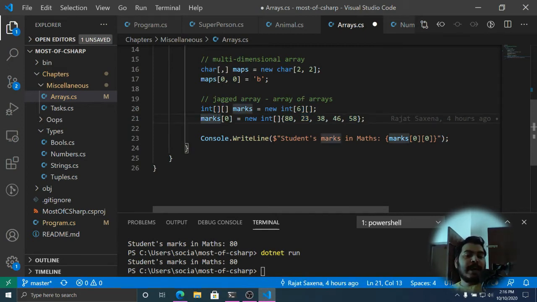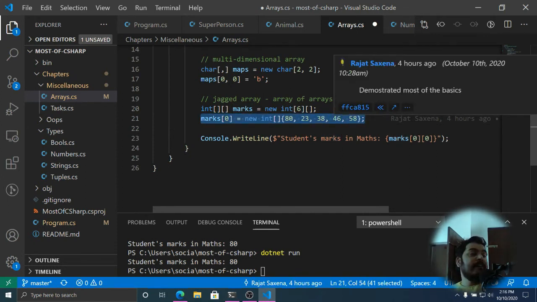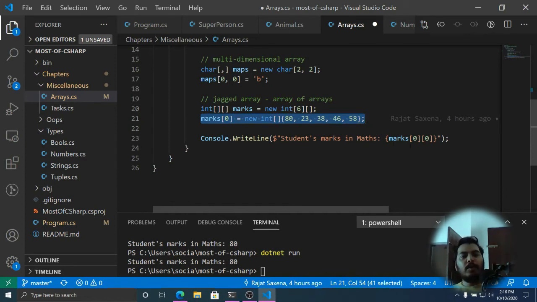So this marks 0 represents the marks obtained by a particular student in various subjects. And if I want to access the marks obtained by student 0 in maths, I can do it by this notation. This is again the string interpolation part, and marks 0 0 is how I can access it.